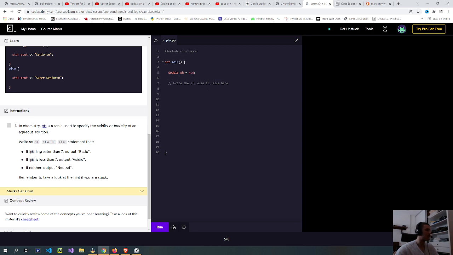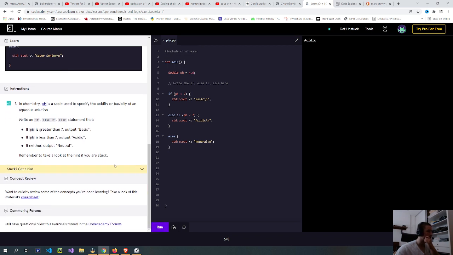Write an if else statement that, if pH is greater than 7, outputs basic, else if pH is less than 7, outputs acidic, else neutral. Merge, take a look at the hint for stack.